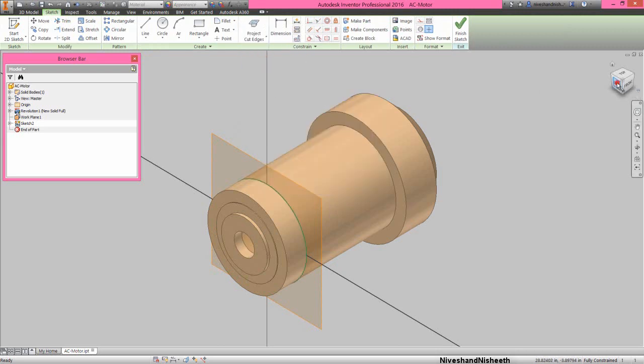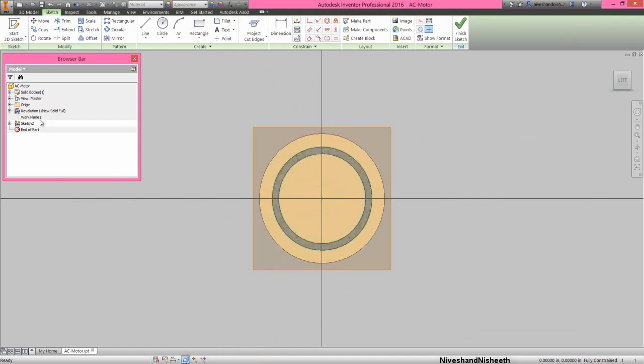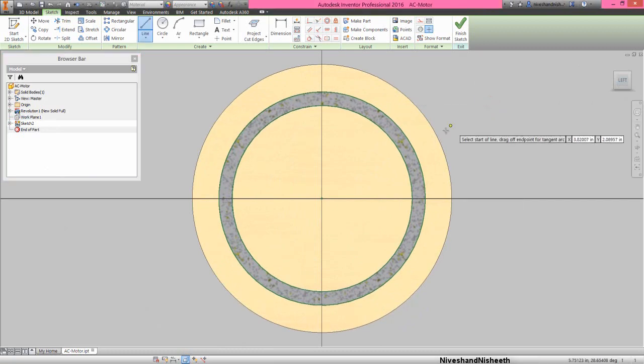Select the left view. Now we will activate the slice graphics command. Draw a horizontal line.